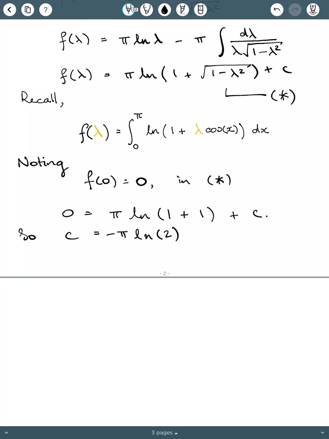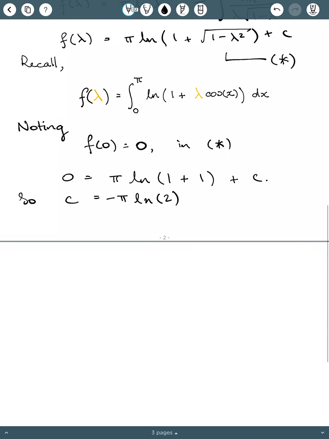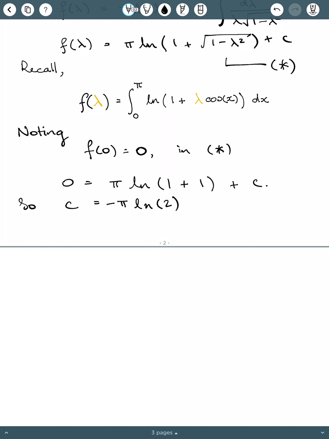Okay, so we have our final result. Or if you like, this original integral we started with